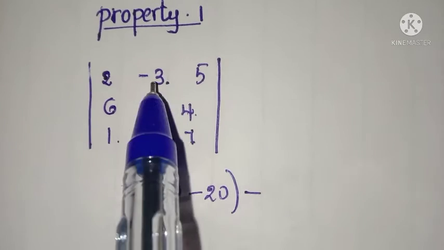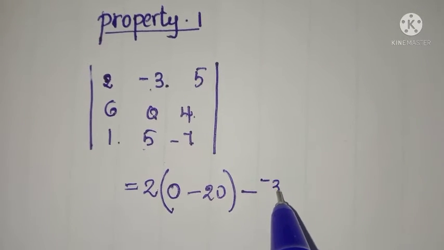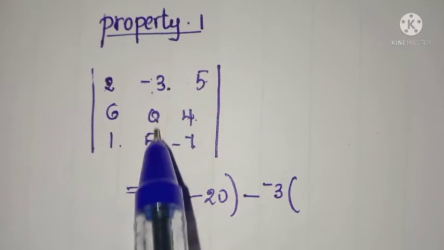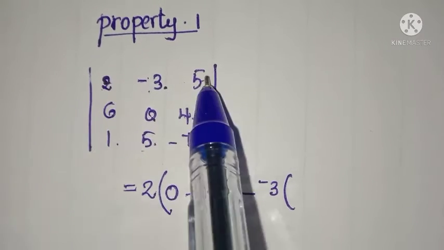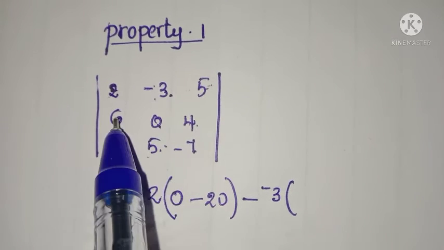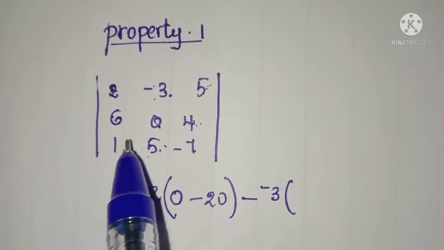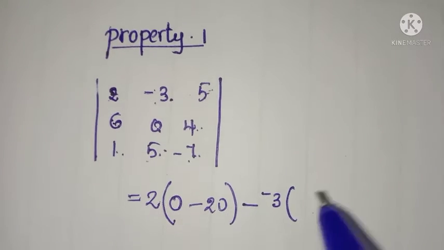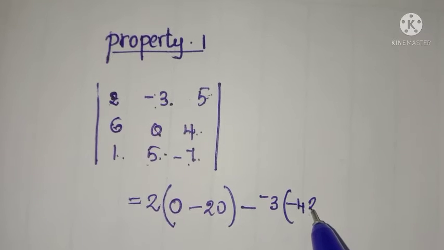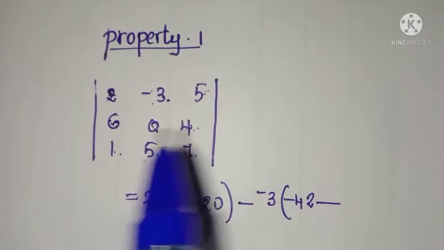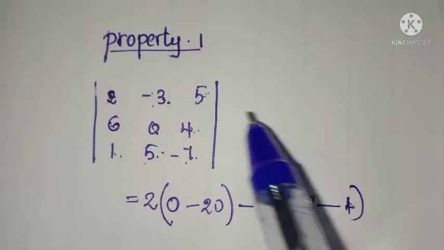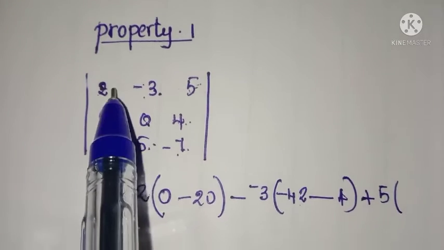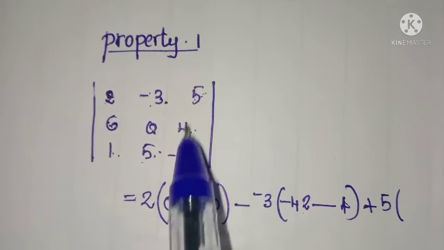Then minus the next element, minus 3 into, so minus 3 belongs to first row second column, so just cut first row second column. We have the determinant 6, 4; 1, minus 7, so take cross multiplication: 6 into minus 7, minus 42, minus 4 into 1, 4. Next element 5, plus 5 into,